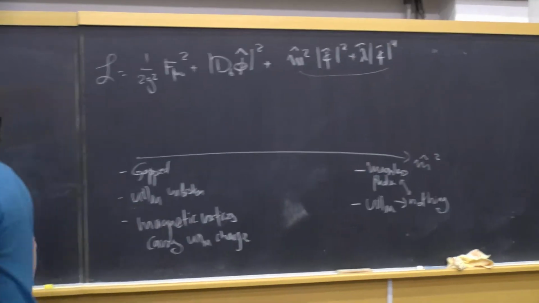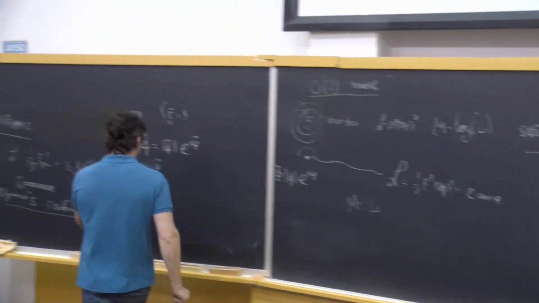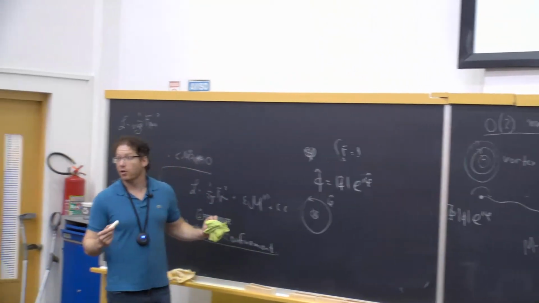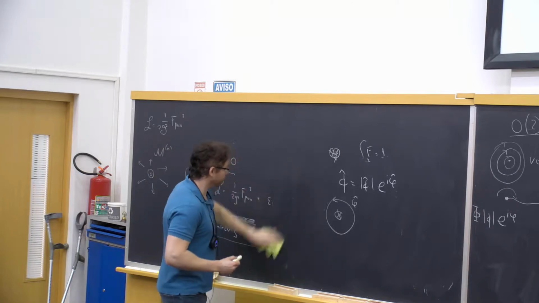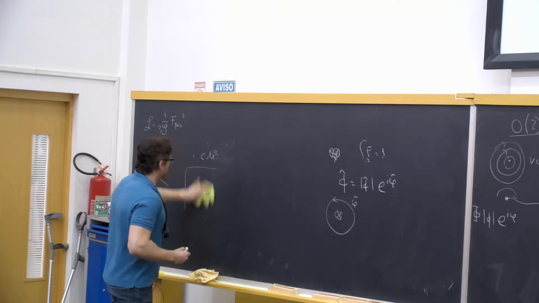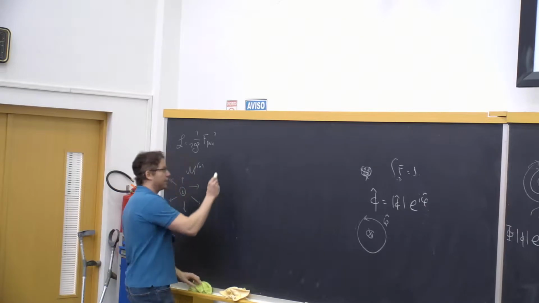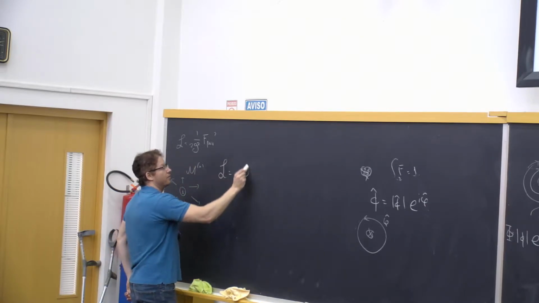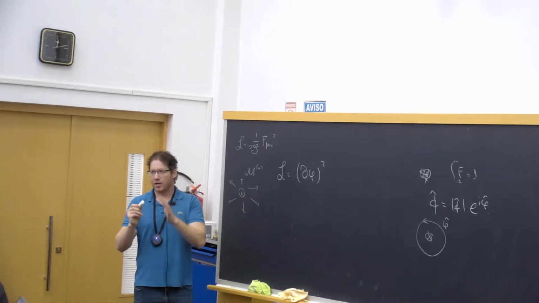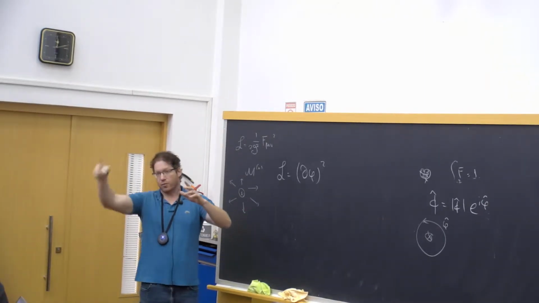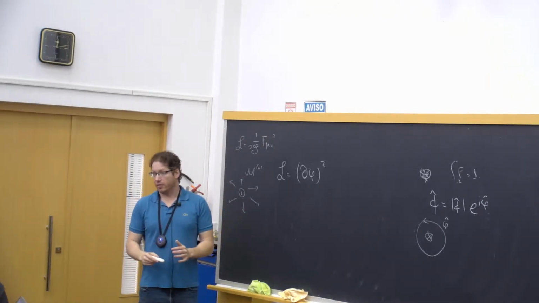So the reason that these magnetic vortices now do exist and have finite energy rather than logarithmically divergent energy is the following. The Lagrangian previously was (dφ)². And we did this kind of estimate that if the Lagrangian is (dφ)², when you have a winding mode at long distances, you have a logarithm.